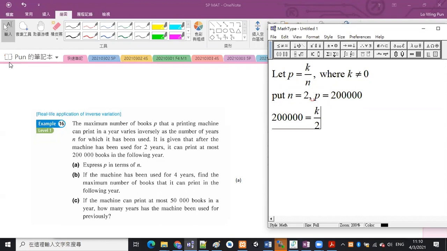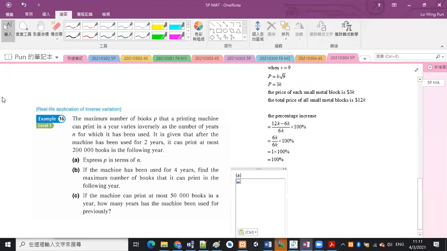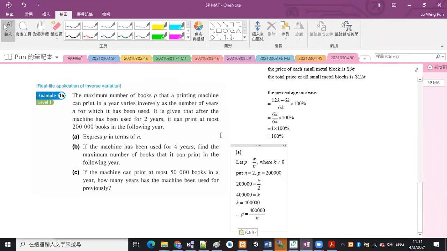And then we need to calculate the value of K. So you just multiply the 2 to the left hand side. Okay, so K is equal to 400,000. Like this. Okay, so write down the complete information of the equation. Therefore, P is equal to 400,000 divided by N. And that is the answer of part A. Are you okay? 好啦，我哋最熟就係呢一隻題目啦，係嘛？即係俾一組數字你，然之後咧係揾得翻個 K 出嚟，然之後寫翻條式出嚟呢一隻。